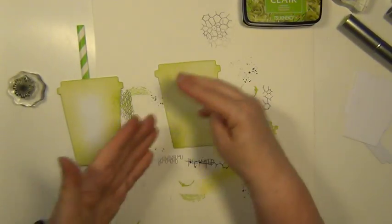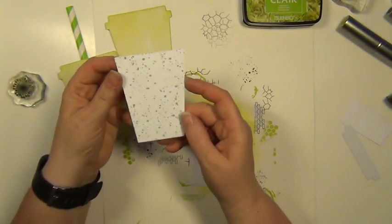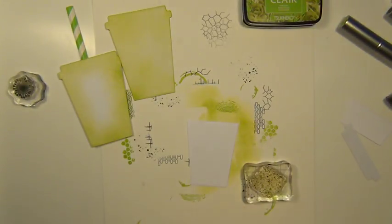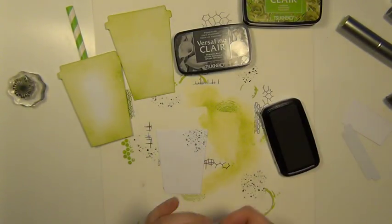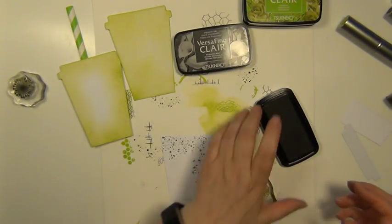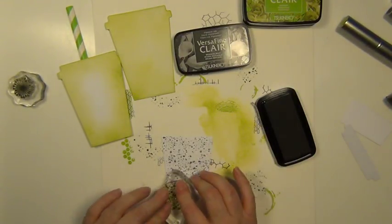So there we have it, and I don't actually have to color it all the way in because I'll be placing something on top, and what that is going to be looking something similar to this. So I'll be taking that ink splotch stamp, and I think that I actually stamped it with the Morning Mist, and it doesn't have to be perfect, you see, so I'm just going to add on some ink. This is also going to help it break from the background. I'm just going to put in some ink there and there, there,